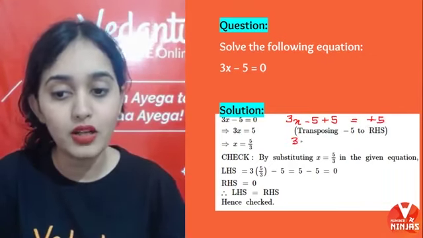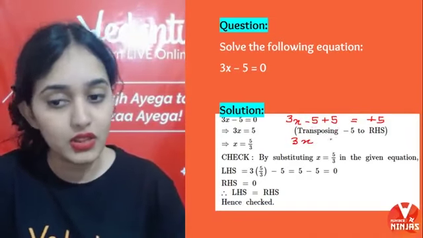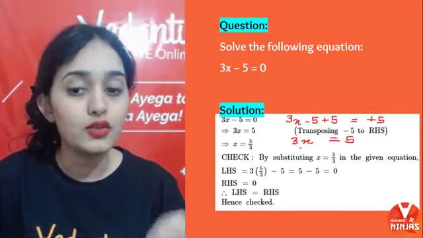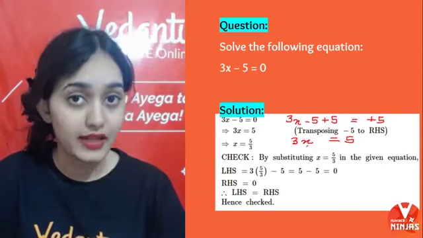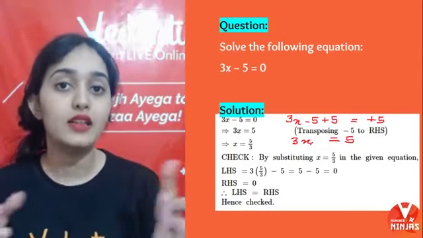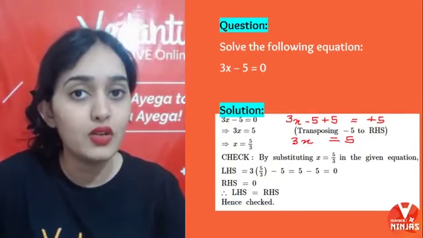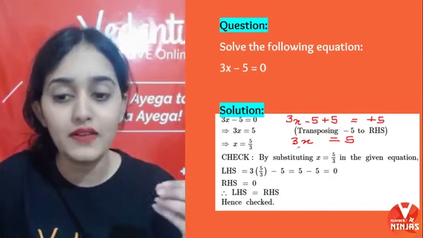So this became what? 3x minus 5 plus 5 is 0. So nothing has to be written. 3x is equals to 5. Now you all know that I have to get the value of x. So I want to remove any numerical value which is related to x. So here 3 is multiplied to x. So what I can do to remove 3? I can divide the equation by 3, right? So I will divide it by 3.